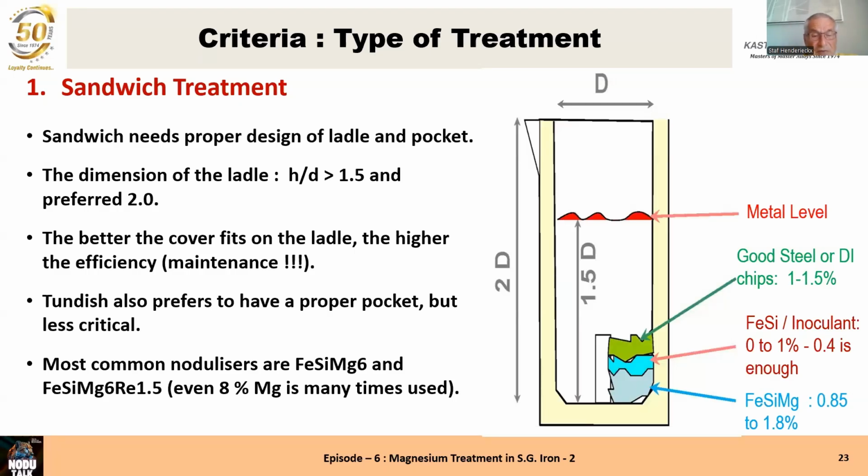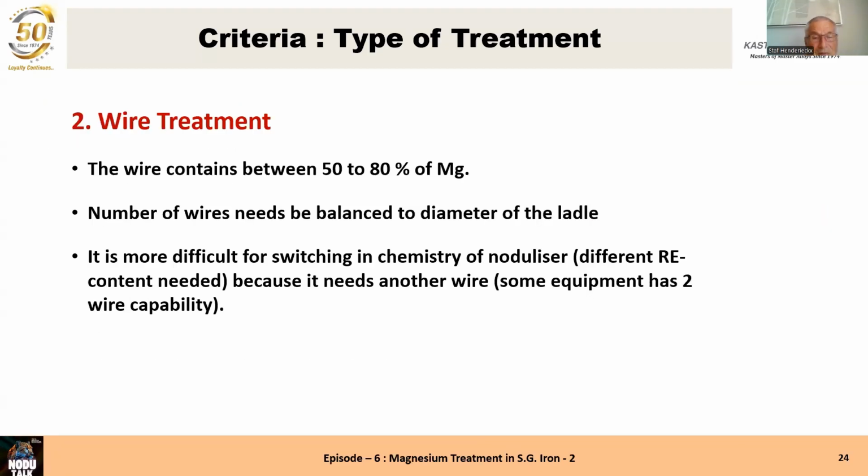Most common for this is ferrosilicon magnesium 6 and ferrosilicon magnesium 6 rare earths 1.5. But you can also use 8% of magnesium, depending on the amount you need and the maximum amount you can add on it. The wire treatment is the last one, and it's very good, but it has some